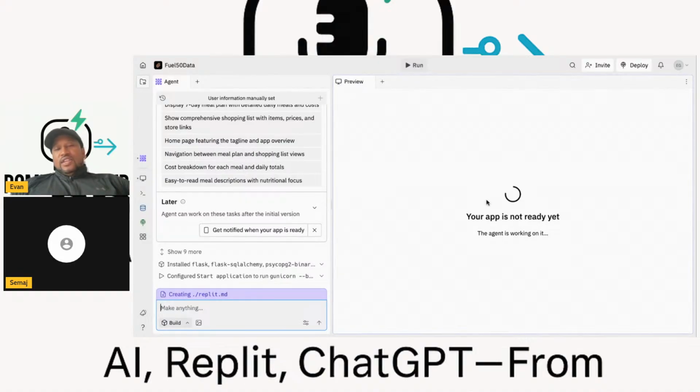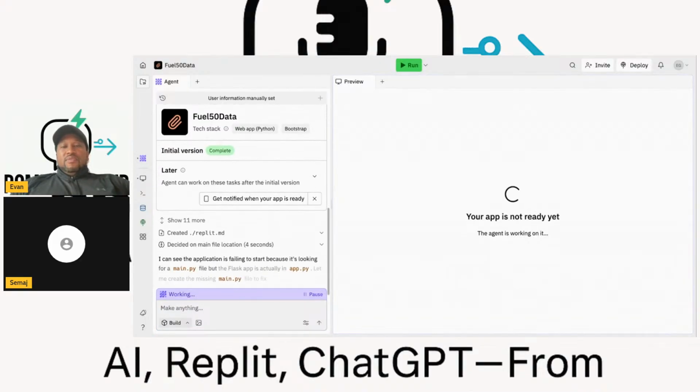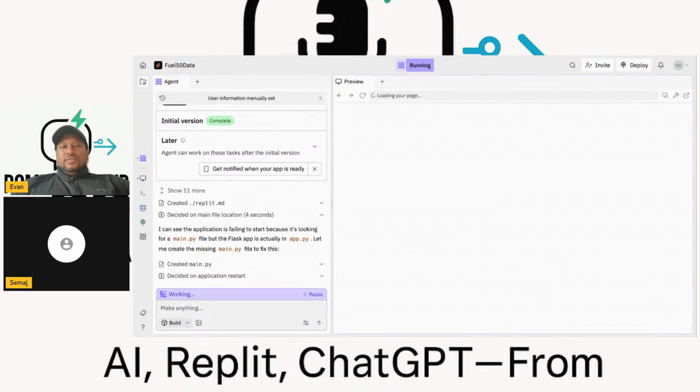As soon as the app comes up and we get to see what it looks like, I might add it in, make it look like Airbnb. And then I also have to go back and put my other prompts in. So I did the first one. There we go. Second one.